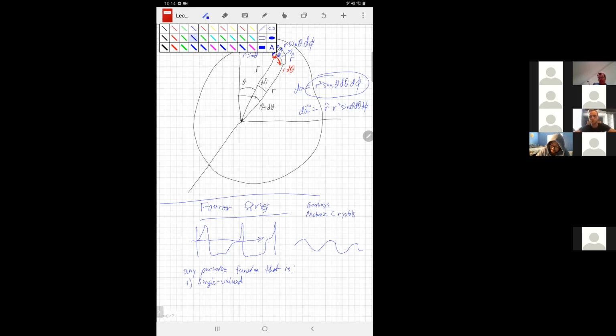And you might be thinking, isn't that the definition of a function? And generally, yes, but things get a little more complicated when you start dealing with certain things in complex analysis that we're not going to cover in this class. But if it's single valued,